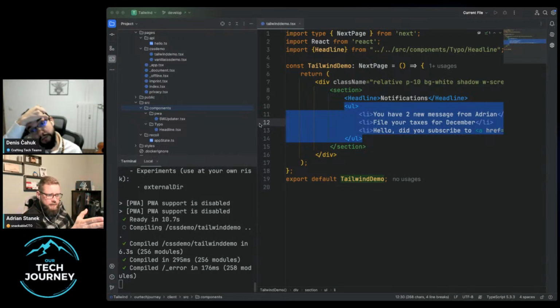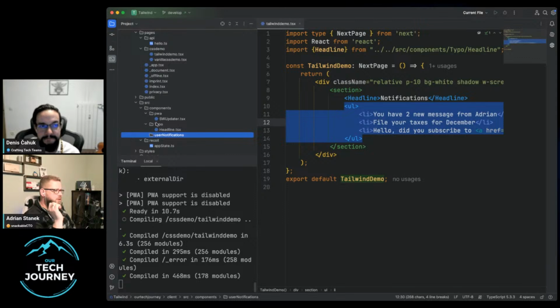So you have two messages. You've subscribed to make a user message. Let's say user notifications. Create a folder called user notifications, starting with a lowercase, non-capital letter, because it's not a component. It's a group. It's an organism or molecule, and inside there you have your components.